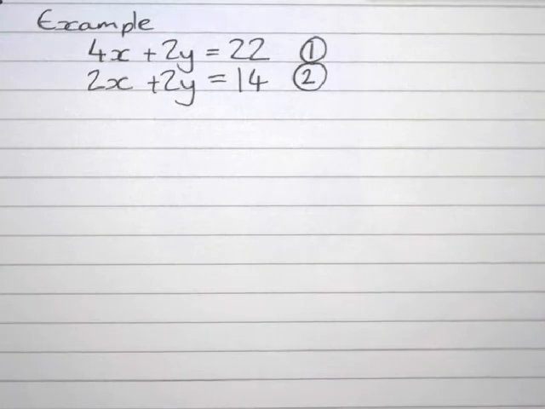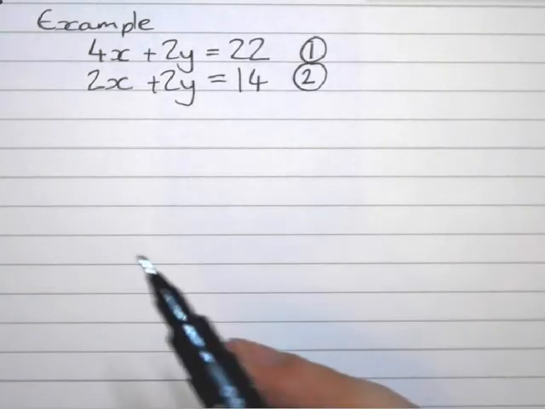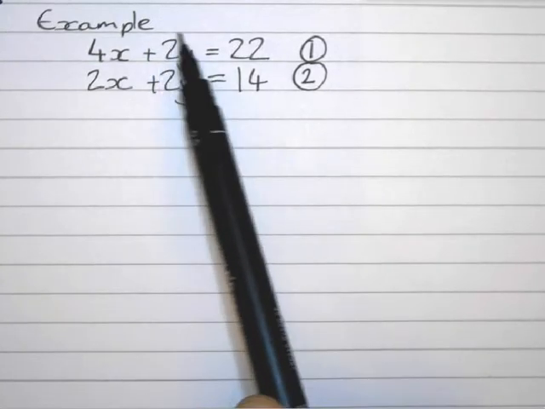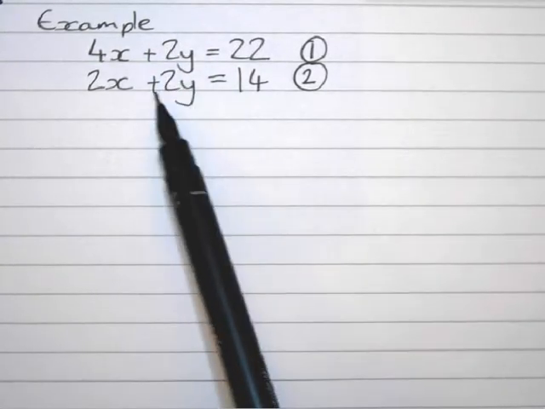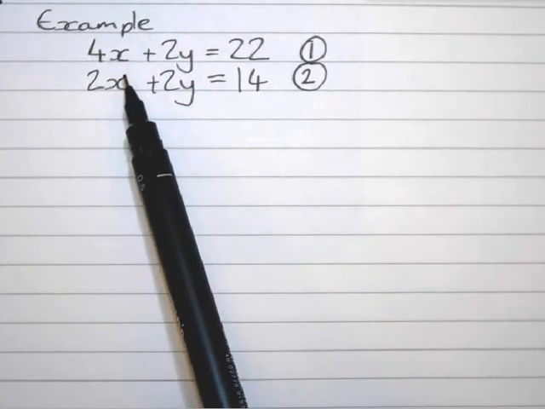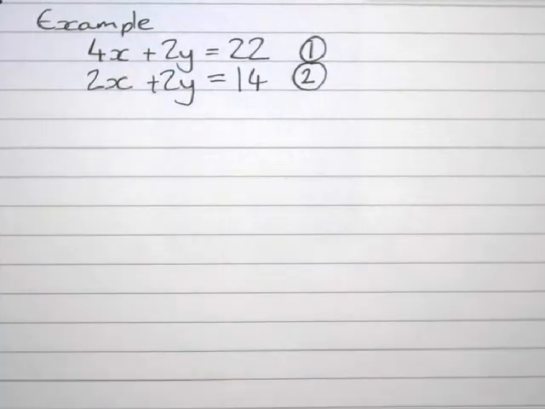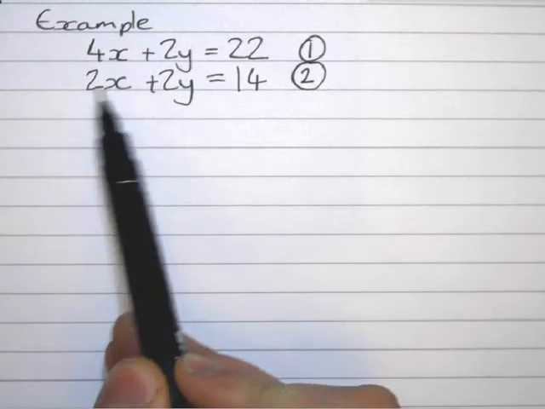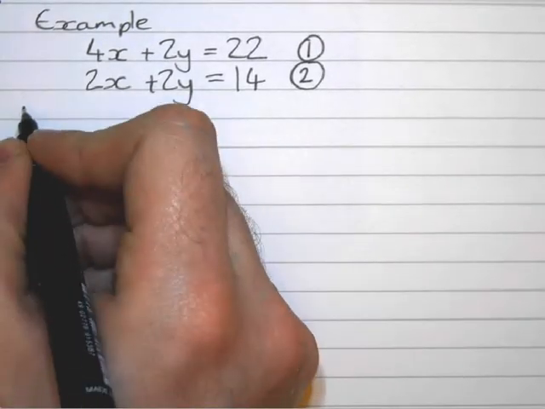Now if we look at these, and this will be true for all of these first set of questions, we have the same amount of y. So we've got 2y there and we've got 2y there. And if we note that they're both positive in this example as well, that means if we take one of these equations away from the other, we'll end up with 2y take away 2y, which will give us 0. Now in this case, because we have 4x here and 2x here, the subtraction we're going to do is equation 1